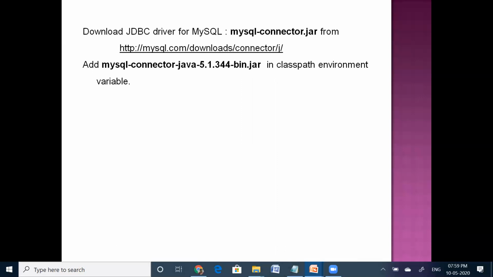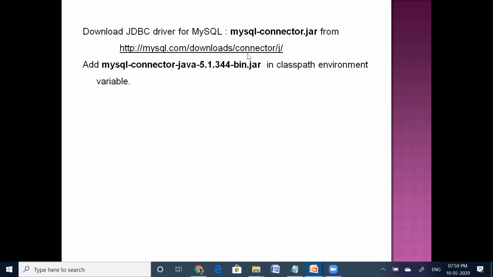After that, download the JDBC driver for MySQL from the MySQL official website. Okay, so that MySQL driver will come in the form of a jar file. So that jar file name is mysql-connector.jar. So this jar file, we can freely download it from the MySQL official site.